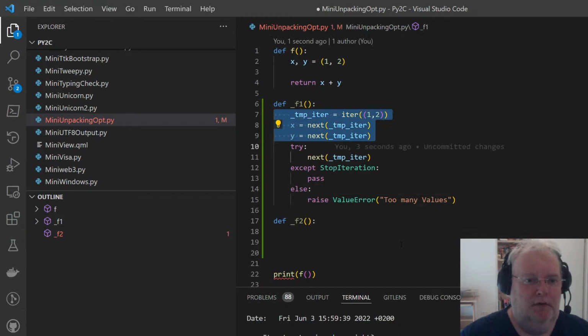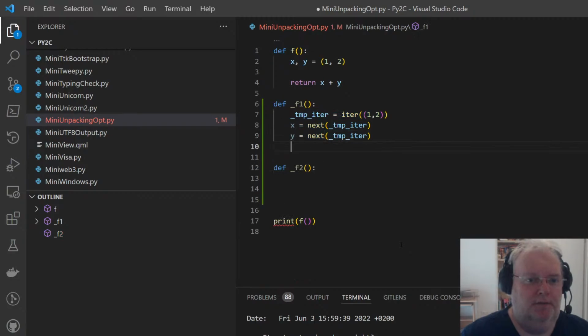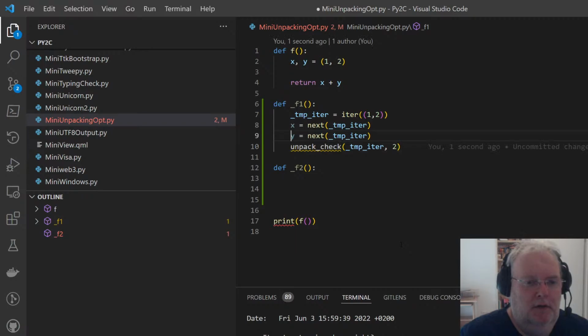So suppose I have this, and let's just do this as unpack check. It's also a dedicated node. Yeah, and it knows 2 is for the error message. So it says I expected 2 values, but I have more. Okay, so what have we got here?